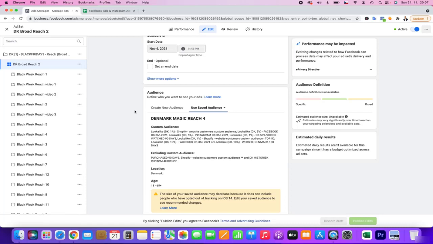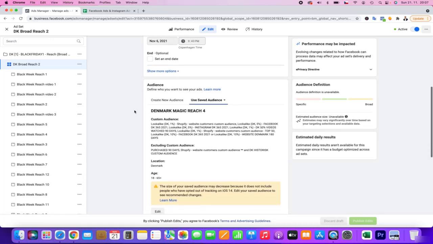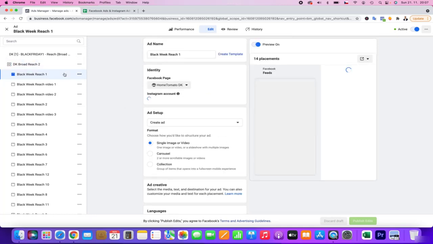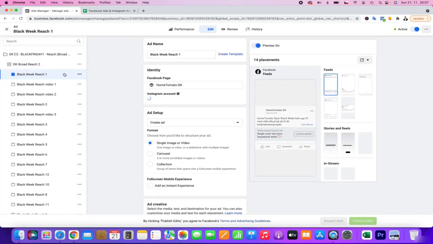from all website visitors. And I'm trying my best to exclude both people who purchased and people that we uploaded from Shopify as customers. And as you can see, the message is very simple.